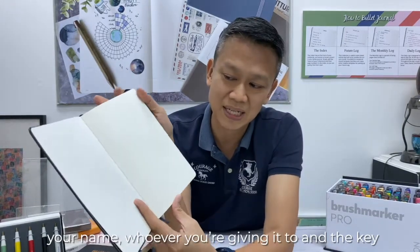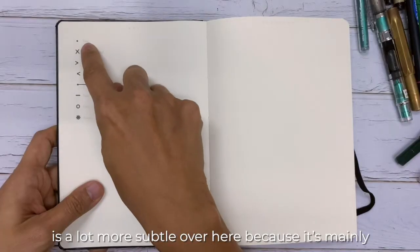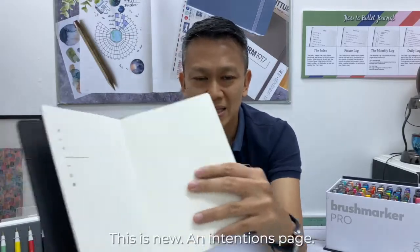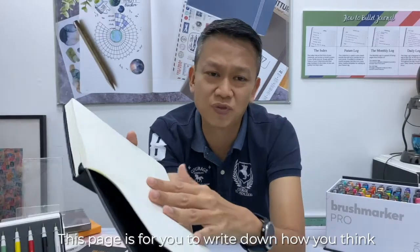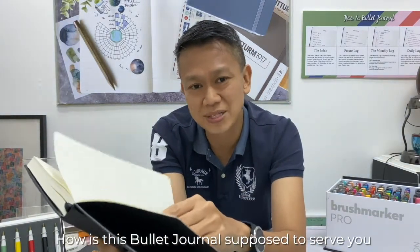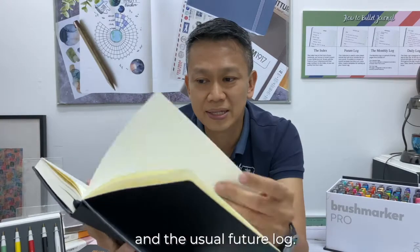So you can see the next page, you can still put in your name or whoever you're giving it out to. Then the key is a lot more subtle over here because it's mainly for you to fill up with your own keys at the bottom. The starter part is just to show. And then this is new, an intentions page. This page is for you to write down what your intention is, how this bullet journal is supposed to serve you,